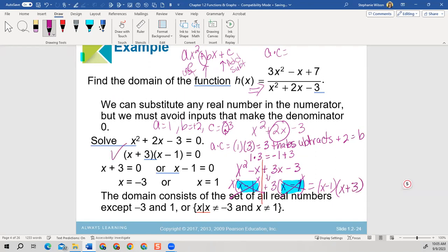Now, I'm going to take that x minus 1, set it equal to 0 and solve. Take that x plus 3, set it equal to 0 and solve. So I'll add 1 to both sides, gives me a positive 1, because it was a -1, add it to both sides. Since 3 is positive here, I'm going to subtract it from both sides, so I get a -3. And now let's write